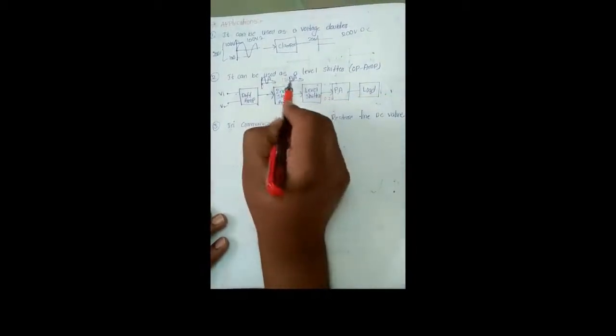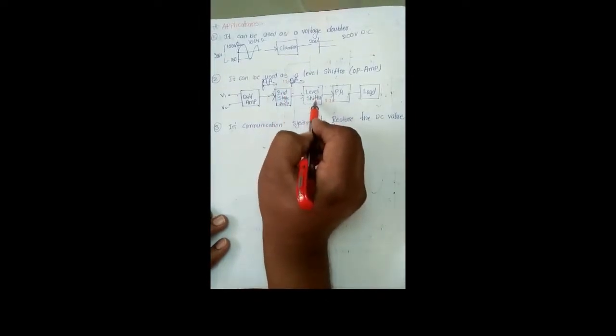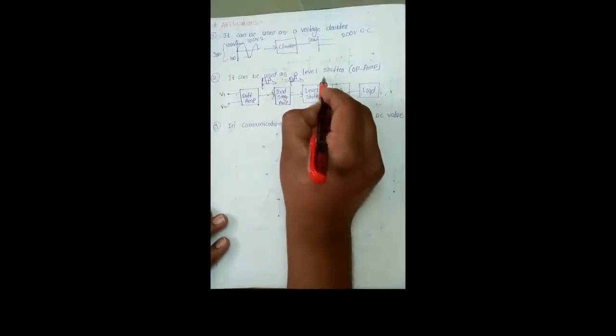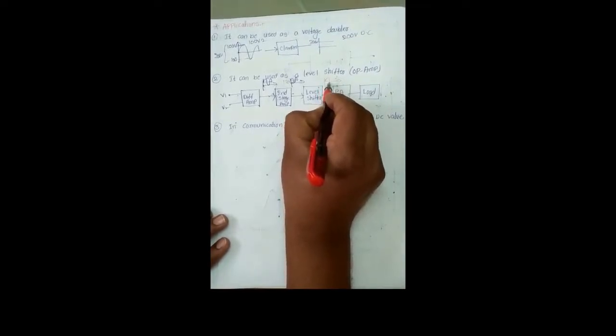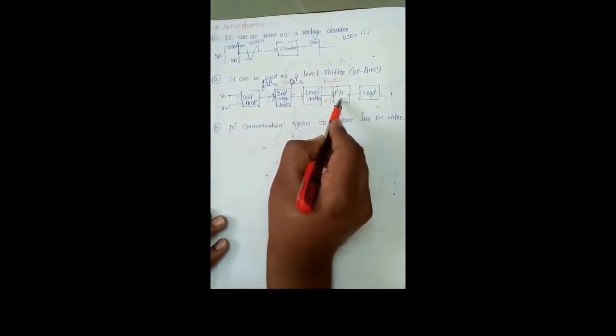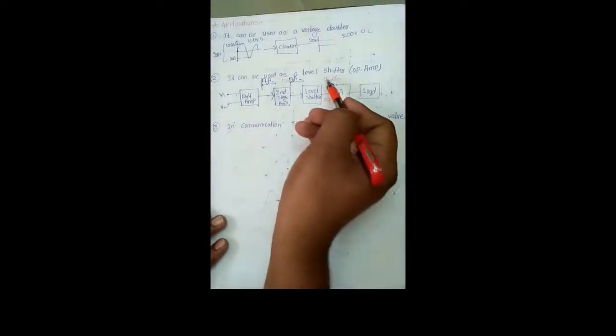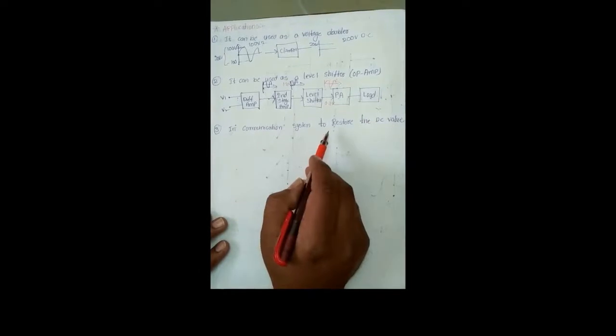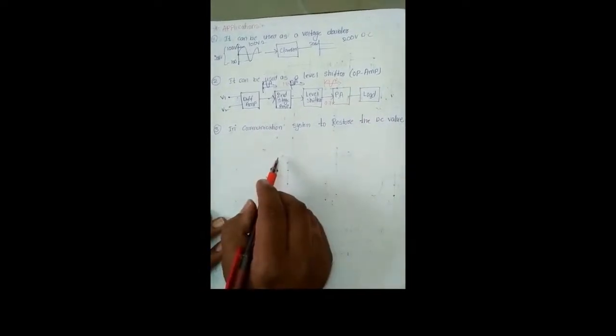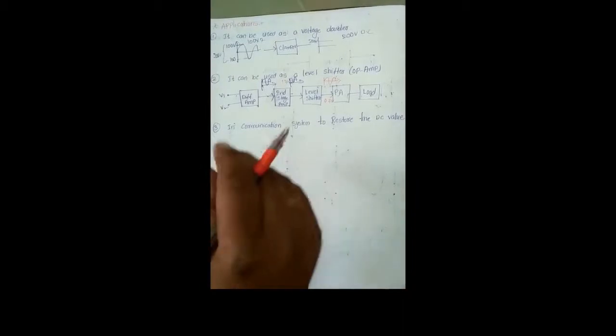So we need to avoid this problem. This signal is given to the input of the level shifter. This level shifter will reinsert the DC signal, and it will provide our required output signal. So this signal is given to the input of this power amplifier, then the amplifier can amplify this signal, and we can get our required output signal. And the third application of the clamper is in communication systems, to restore the DC value. In those particular cases we use the clamper circuit.